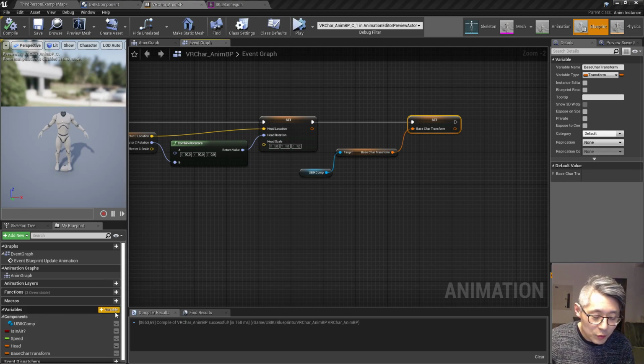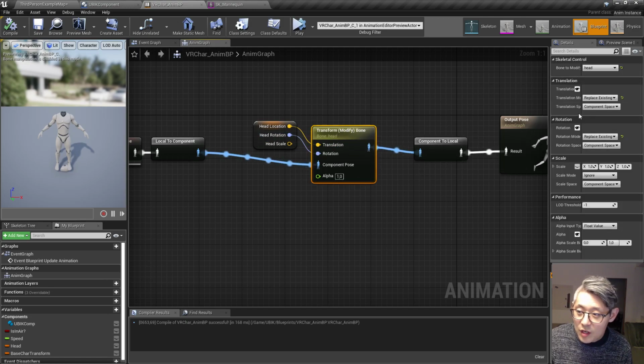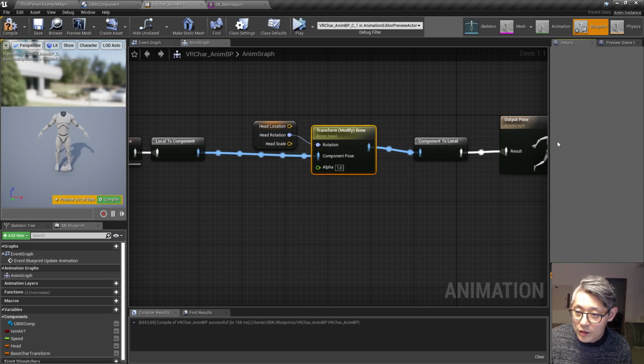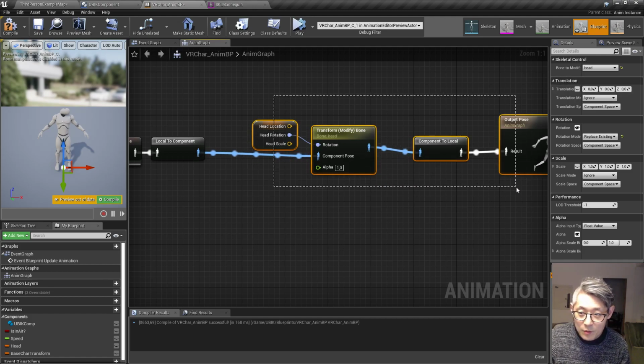rotation, because as I said, we're gonna change the logic here. Currently we have the head location set specifically. We're actually going to change this so the head translation is not going to be set anymore. So it's going to be ignore. Make sure you can't just hide it. You have to actually set it to ignore. So we have to set it to both hide it and ignore it. Well, you don't have to hide it, but